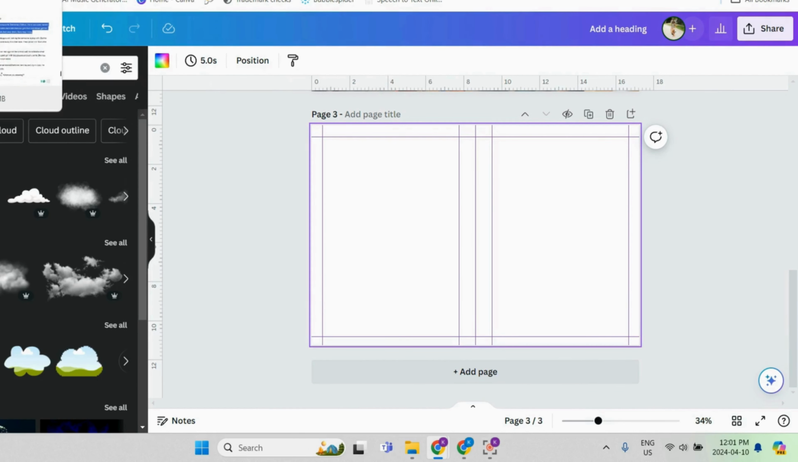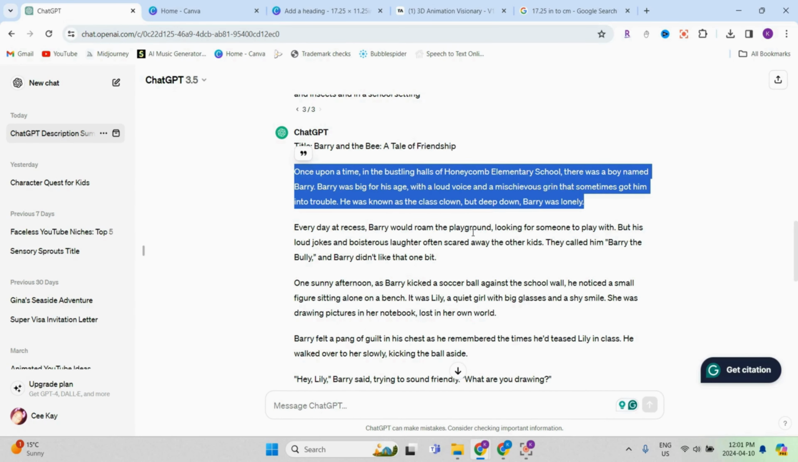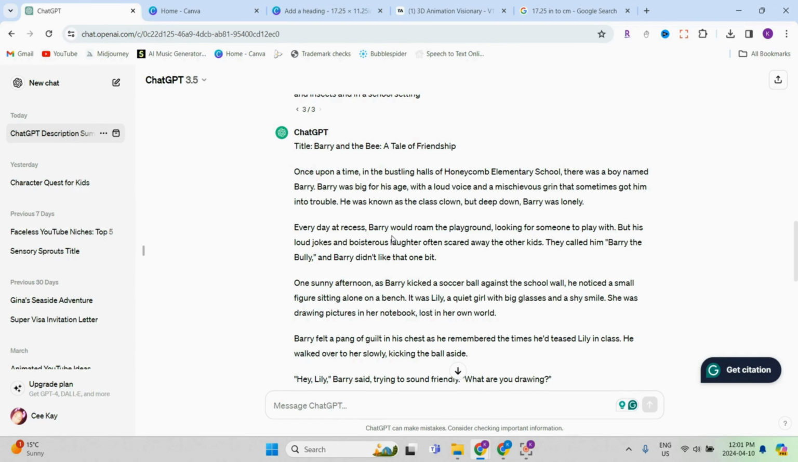So now you'll go back to ChatGPT, see where you are in the next part of your story. So it says, every day at recess, Barry would roam the playground. So right away, you'd see the main idea of the next part in your story, which is Barry on a playground. So then you'll go back to Tensor Art